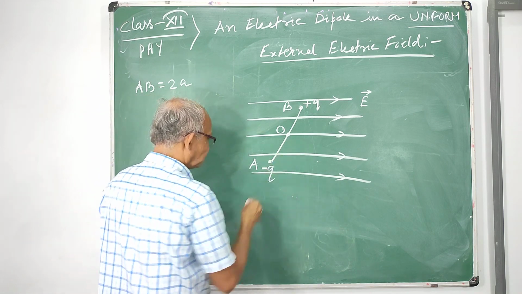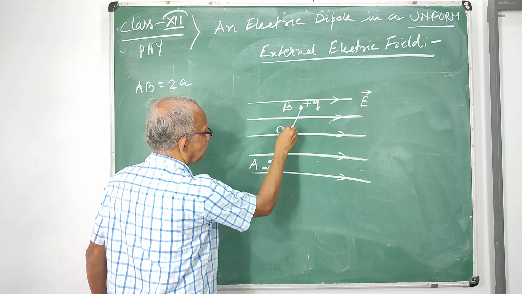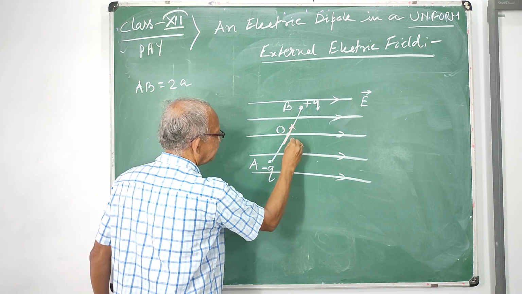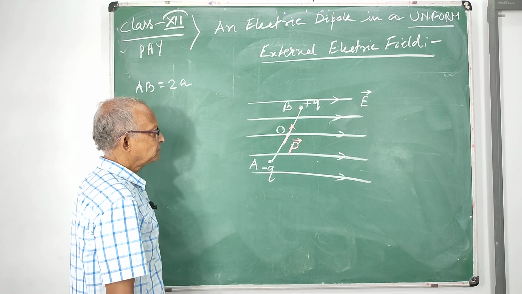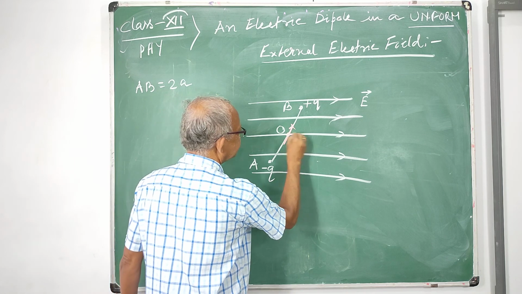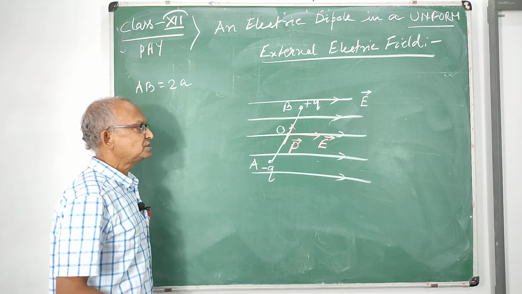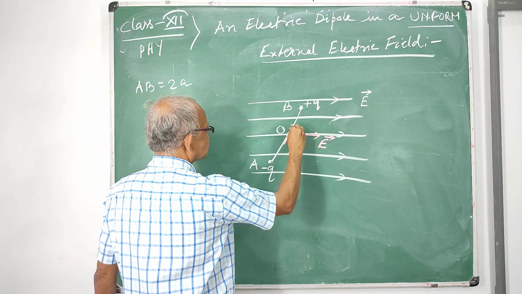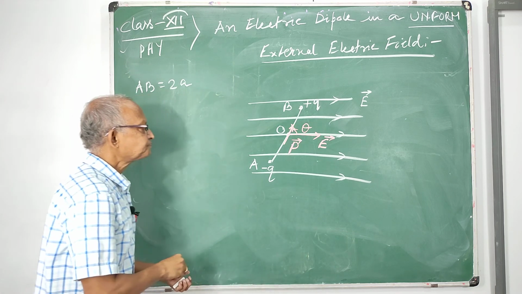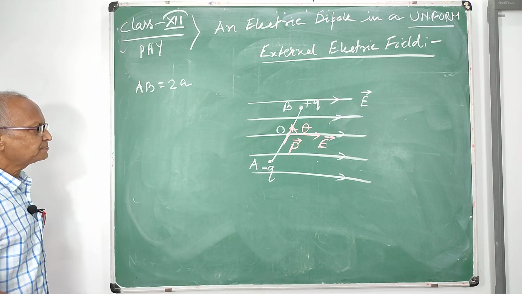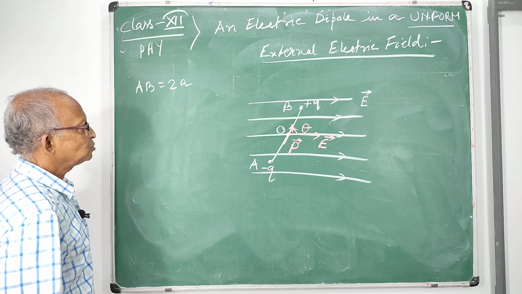and we know that the dipole moment P is along A to B, and the electric field E, as said earlier, is rightward. Let us consider the angle between them is theta. Okay? So what? Charge plus Q at B